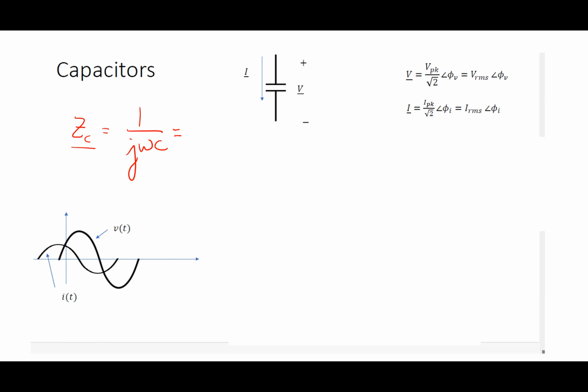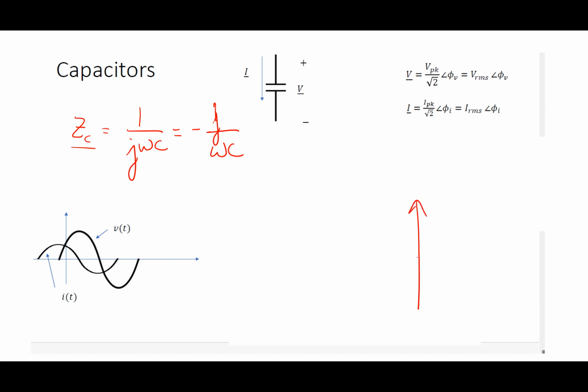In terms of being an imaginary part, it has to be A plus jB. Do I have a plus jB here? Well, I don't have an A. I don't have a B quite either. In other words, this guy would really be negative j over omega C, right? So I need j times something. I got the j on the bottom with the 1 over j omega C. Yes, this is an imaginary part, but the imaginary part is actually negative 1 over omega C. If I wanted to write that in magnitude angle form,